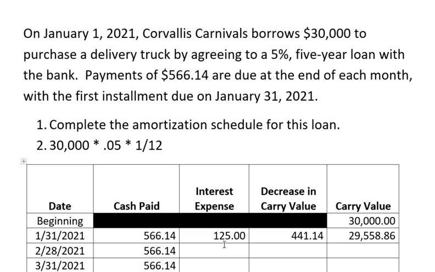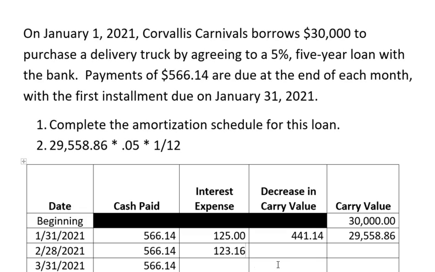All right, now pause the video just a moment and see if you can come up with our second payment's interest amount. So again, a month goes by. February 28th, we're again going to pay $566.14. How much of that would go to interest? Well, hopefully you paused and this is what you came up with. Remember, the carry value will change over time. The principal of the note is reduced with each payment. So we're going to take the $29,558.86, multiply that by the 5%, and again, it is just 1 out of 12 months. And that's going to give us